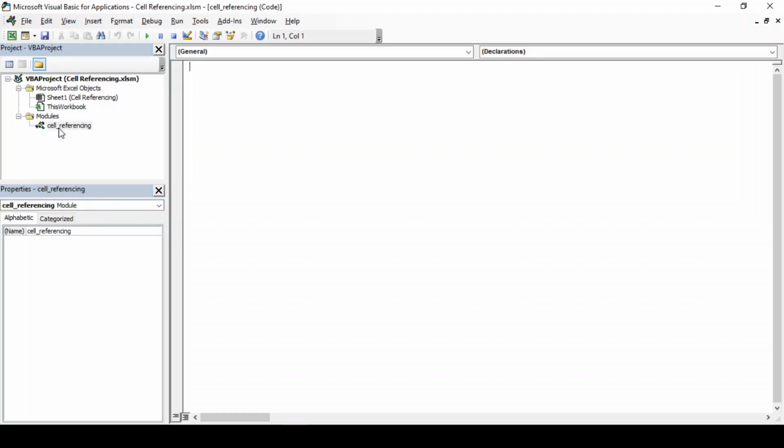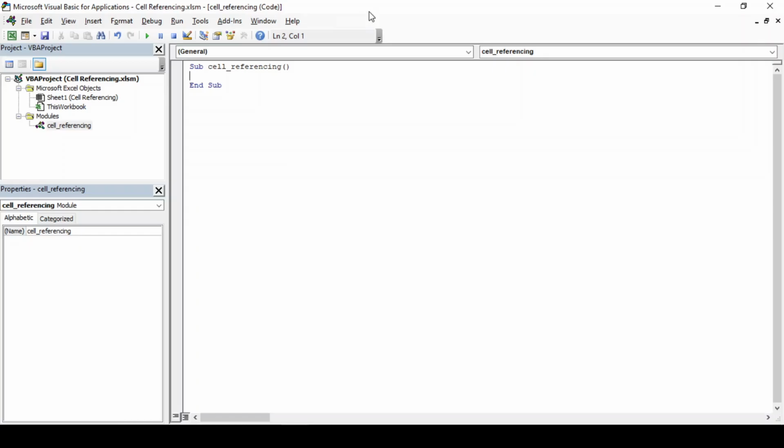So, when we double click on the Cell Referencing module, the module editor opens on the right hand side. And this is the place where we are going to write our code. Now, whatever code we write will have to be written in a function, and the function starts with Sub and the name of the function. So in our case, we'll write Sub Cell_Referencing, open and close parenthesis, and the function ends with End Sub. So now we have a function here and whatever code we write will be written in this function. There are 4 methods with which we can refer to a cell from an Excel worksheet in VBA. Let us see each method one by one.